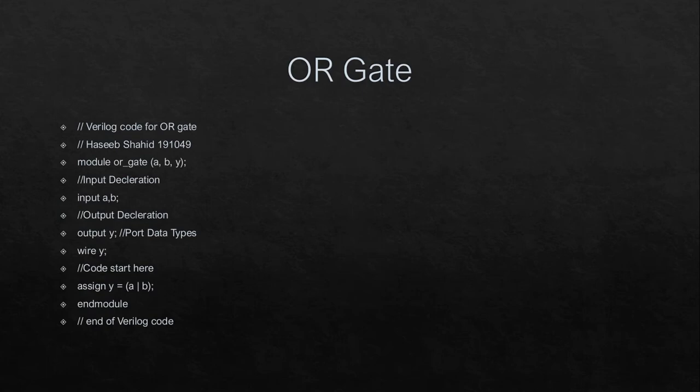So next is our OR gate. As you all know, the truth table of the OR gate says that if any input is high, output is high. If both inputs are low, then output is low. So basically the OR gate performs the plus operation. As you can see, in this case we will use two inputs a and b, one output y, and we will assign y equals a or b. So this is the way in which we will use the plus operator in the Verilog coding technique, or in Quartus you can say.